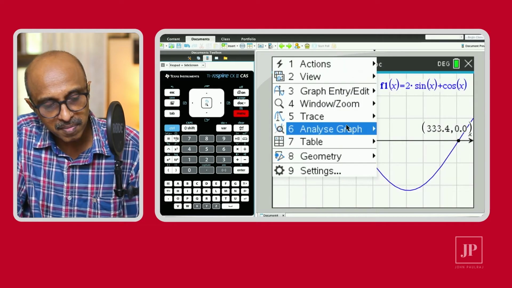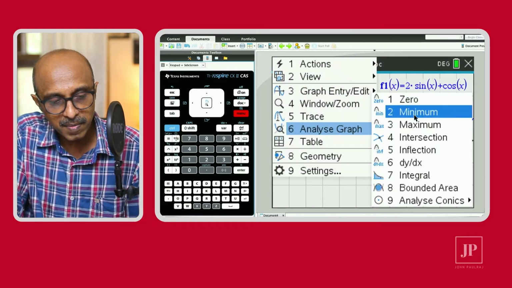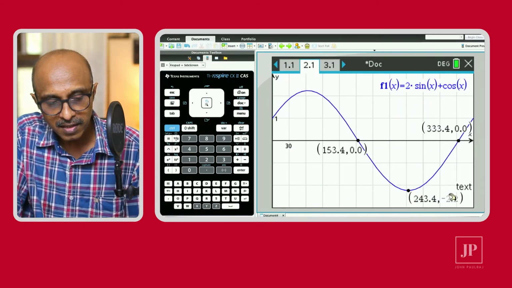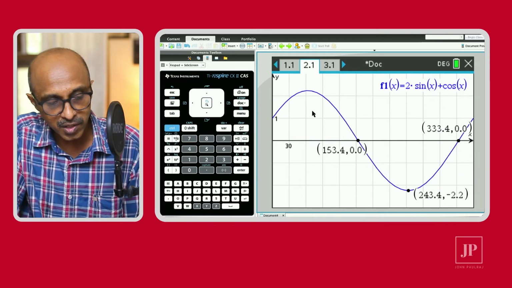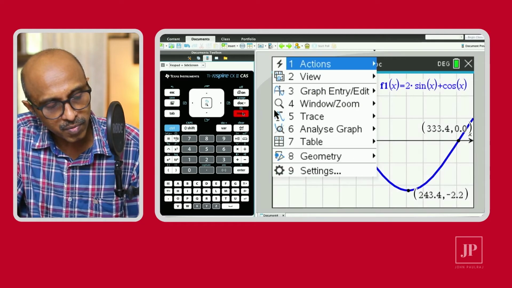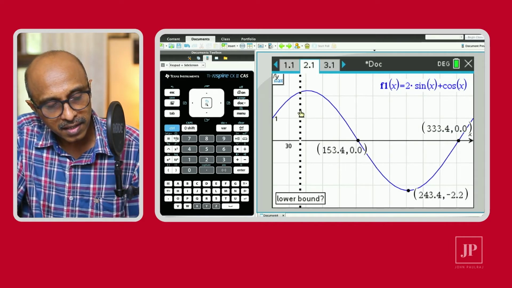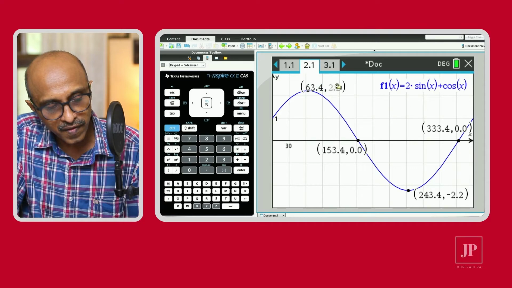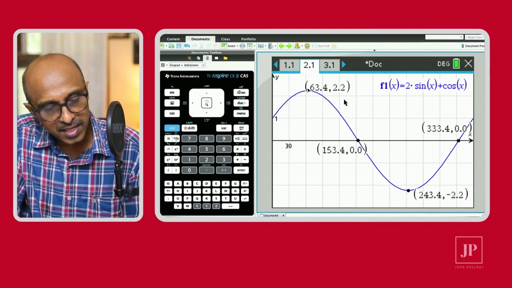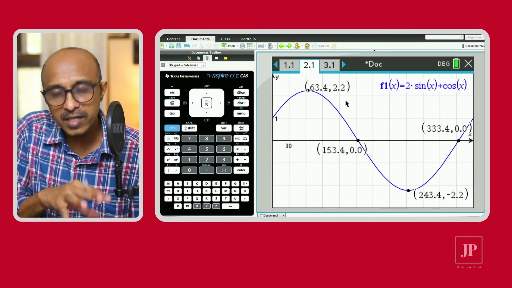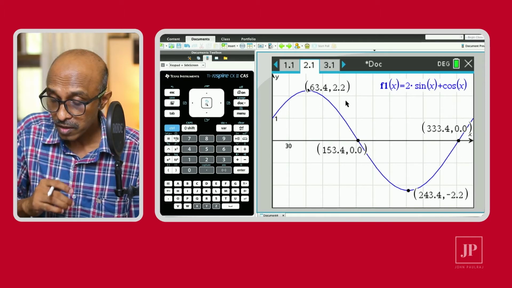Max and min, let's do the same thing. Go to analyze graph, minimum value is here, so we go and, around that interval, the coordinates of the maximum and the minimum can be found just like that. And then when we go to menu again, analyze graph, take a look at the maximum value in that interval. 63.4 is the value of x, and 2.2 is the maximum value at that value of x. So when you indicate all the key features of the graph on your sketch in the answer booklet, you will